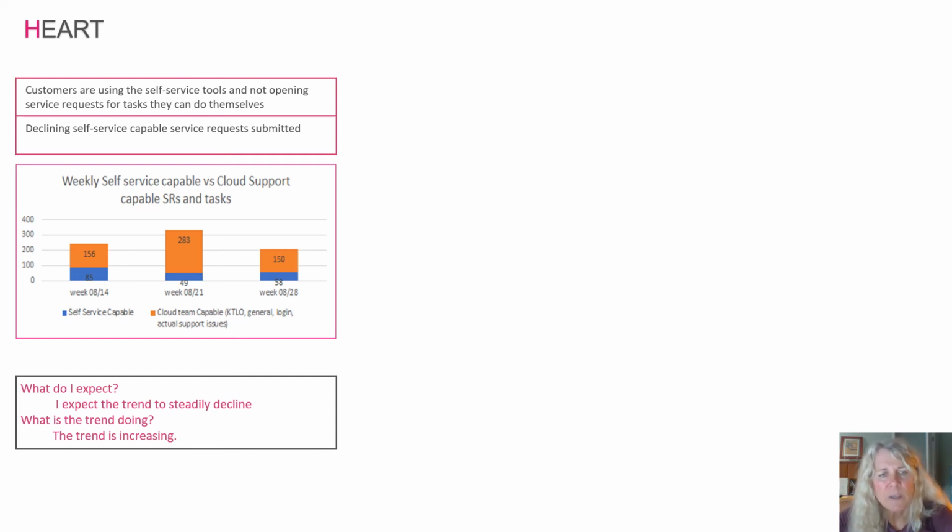And then the next thing is, what is the trend doing? Well, you can see it's the blue number actually here. And P.S. I would advise that this just be a line graph and each of these two separate ones be measured separately. But here's the graph that they have, and you can see that it's 85, 49, and 58. So it's also kind of going up and down. And the team really needs to understand why.